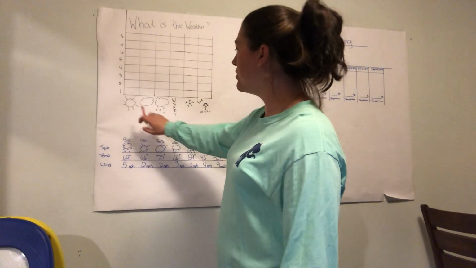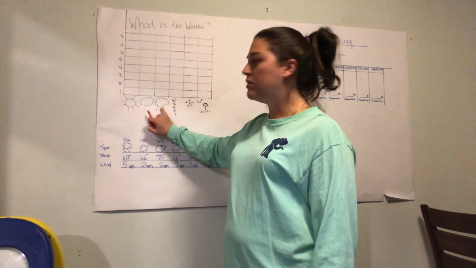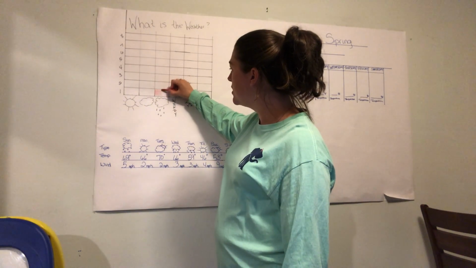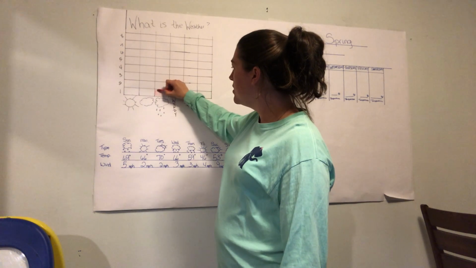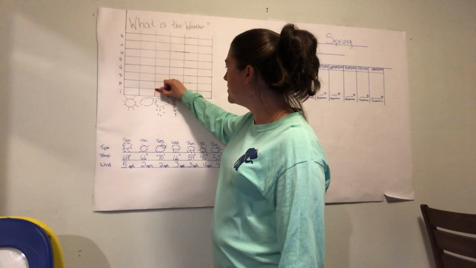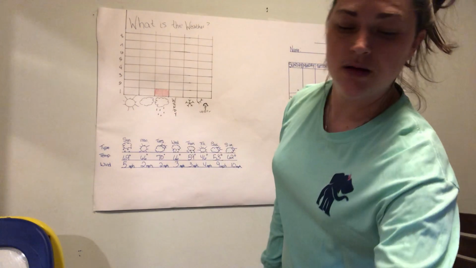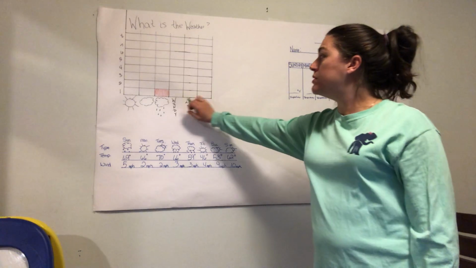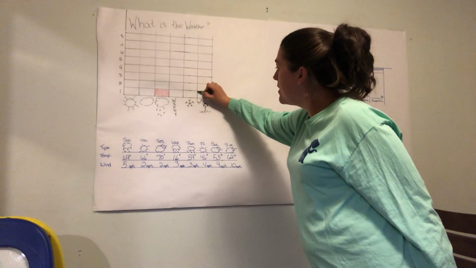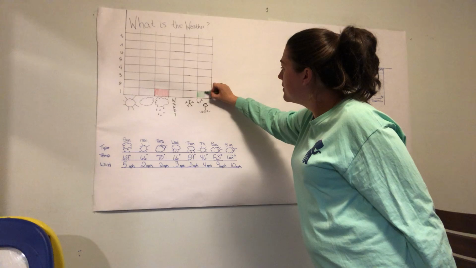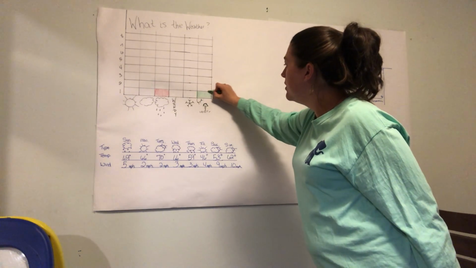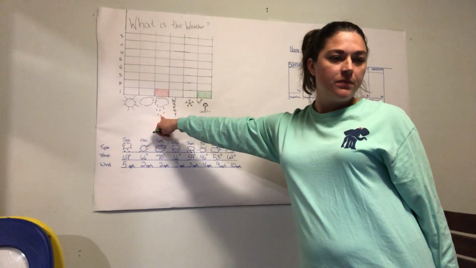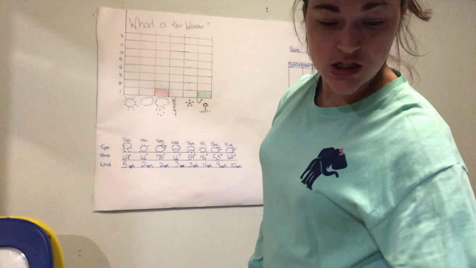So here we are going to find our rainy weather that matches, and we're going to color in this one block, and we are going to find the warm weather block, and we're going to color one block in warm weather to show that we've had one day of warm, slightly rainy weather. Okay, so for day 2, very good,